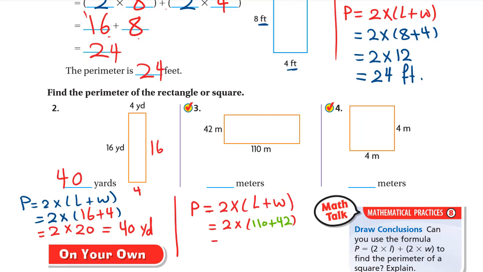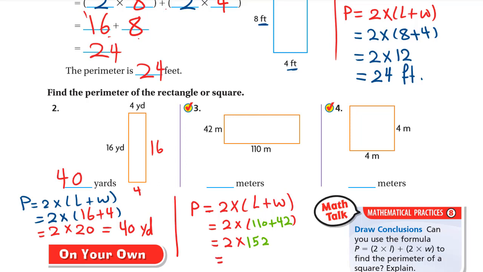So I'll keep the 2 for now. 110 plus 42: 2 plus 0 is 2, 4 plus 1 is 5, and 1 plus nothing is 1. So 2 multiply 152,